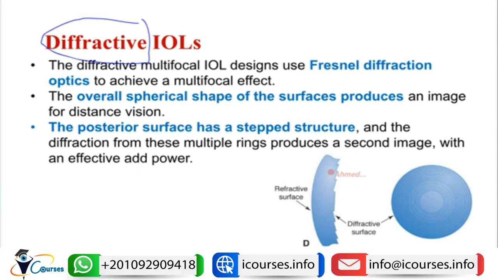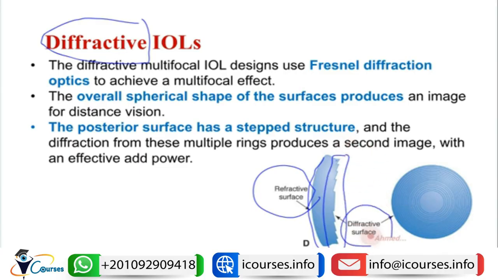This lens has a specific configuration, which is frequently asked in the exam. The refractive surface, which is responsible for the distant vision, will be constructed on the anterior surface of the lens. Again, the anterior surface of the lens will carry the refractive power of the lens, which will be responsible for the distant vision. However, the posterior surface of the lens will have the Fresnel configuration. This Fresnel configuration, which is called the diffractive surface, will be on the back of the intraocular lens,